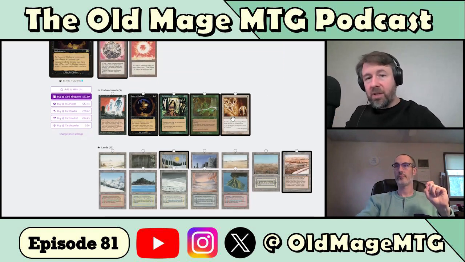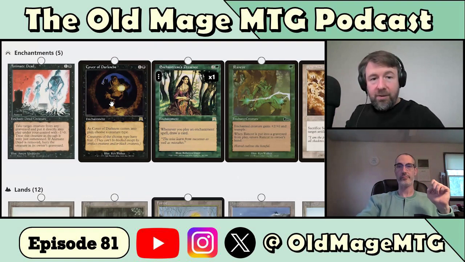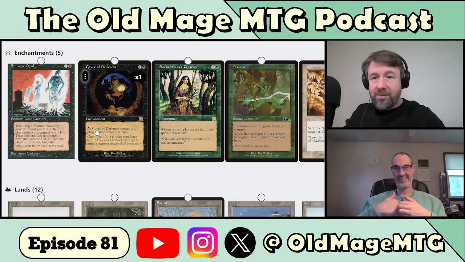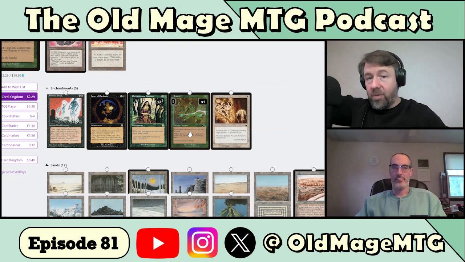And then I'm starting to build up my enchantments. I'm not sure exactly what enchantments I'm going to put in yet, but I got Enchantress's Presence for some more card draw. I got Cover of Darkness because as Cover of Darkness comes into play, I choose a creature type, and creatures of the chosen type have fear. Nobody else is going to be playing Atogs. Seal of Cleansing, Rancor, because it's just awesome, and I can pair it with my Oratog